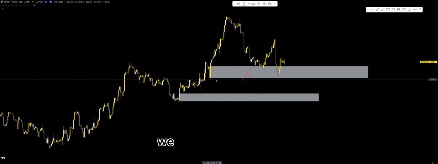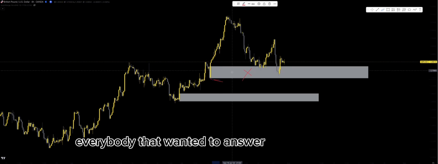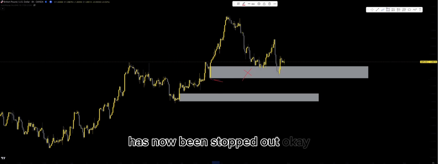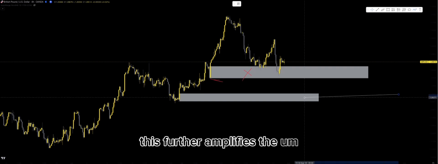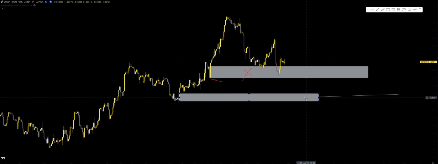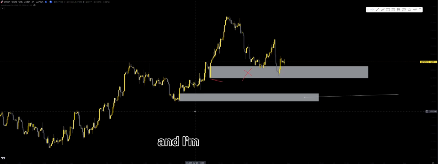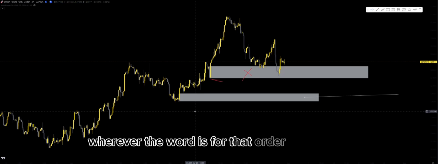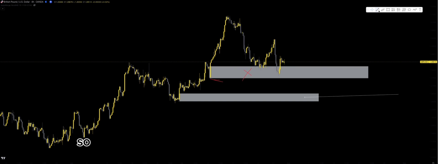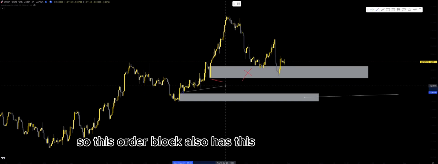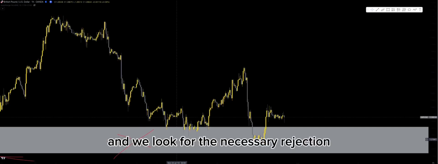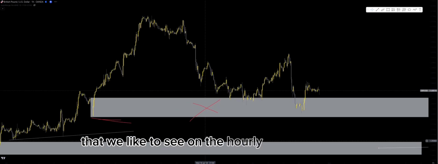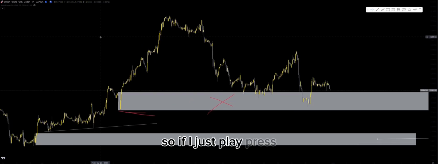So what do we do? We add it as confluence. Everybody that wanted to enter this aggressively has now been stopped out. Okay, this further amplifies this order block. So this order block also has this liquidity right here that I like the idea of. So what do we do? We just monitor it and we look for the necessary rejection that we like to see on the hourly time frame. Okay, so if I just play price,